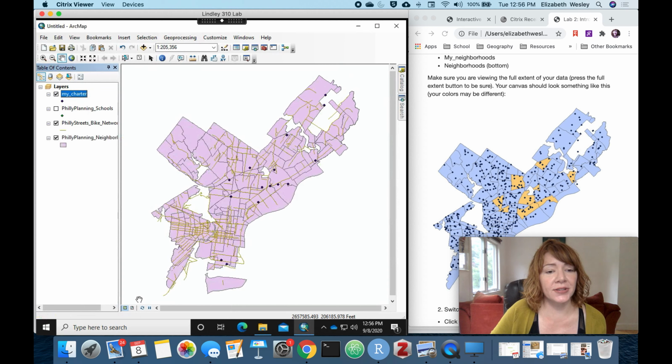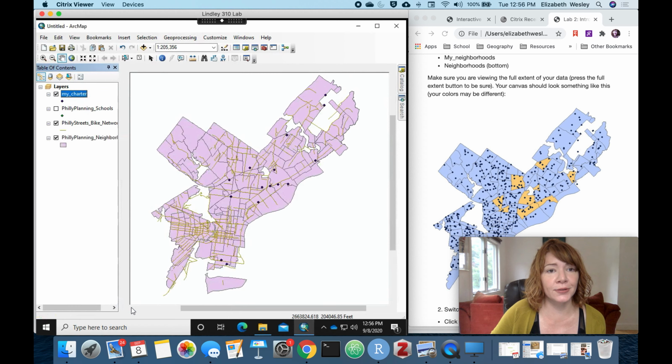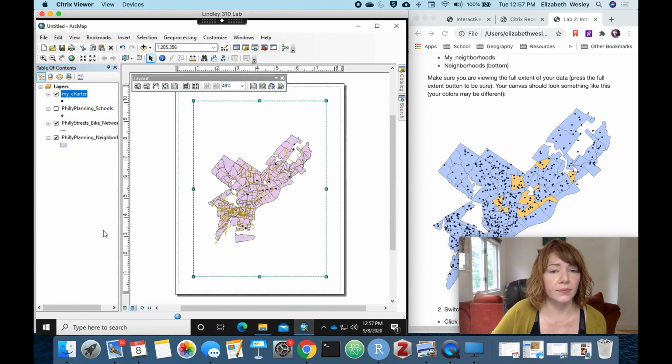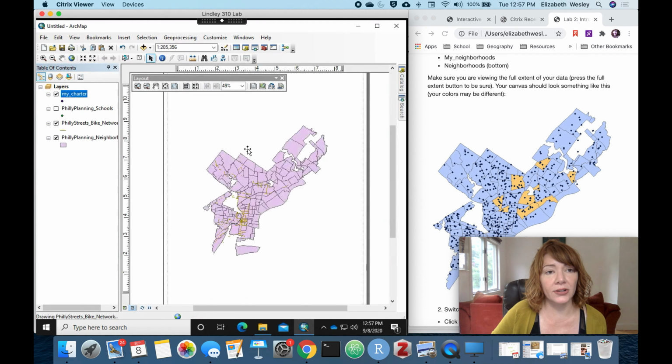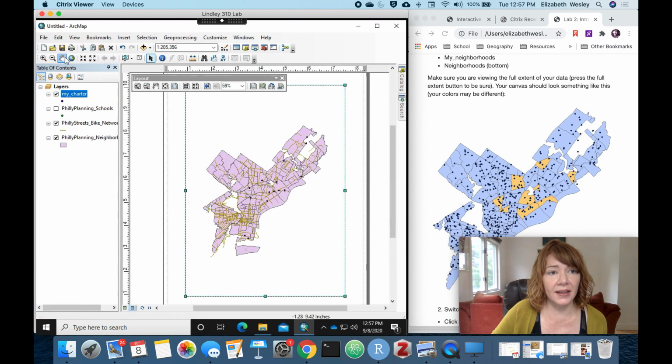So you usually do this in the layout view. So we've been working in data view here. You switch to the layout view. Now you can see your map on a page, and it gives you this new layout toolbar. So now you have these zoom and pan and full extent tools that are different from these. These tools